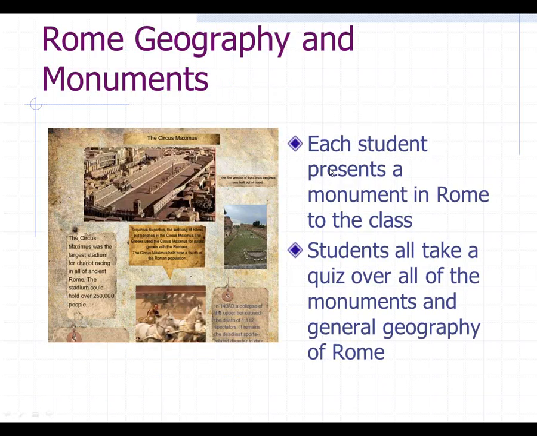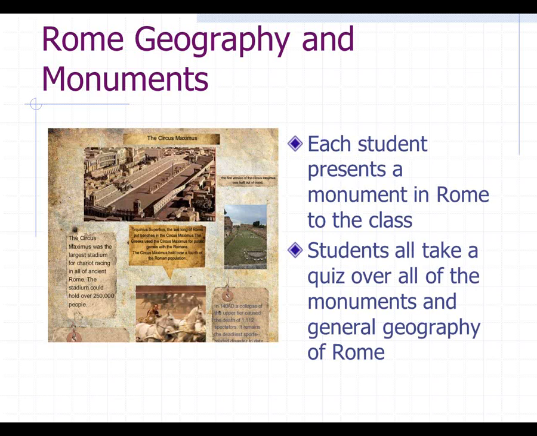Okay. At the end of Unit 3 in the first year, we do a project on the geography of Rome and her major monuments. I use maps from the Roman map workbook that Bolchazy-Carducci sells that's by Elizabeth Heimbach. Each student is then responsible for researching a major monument in Rome and making an online poster of it and presenting it to the class.